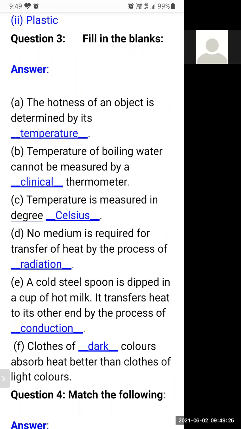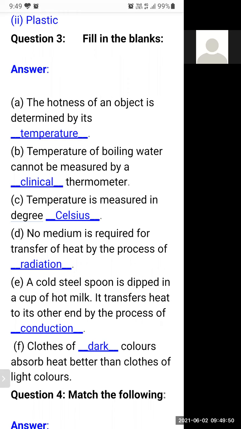So this question can be asked in the form of MCQs. So students, every question can be asked in the form of MCQs. You just remember the correct answer only. So don't worry, all the questions will be MCQs. Every question can be converted into an MCQ. So don't worry.